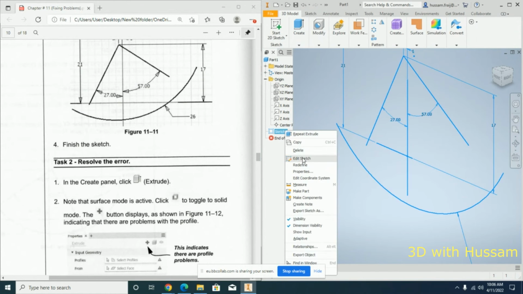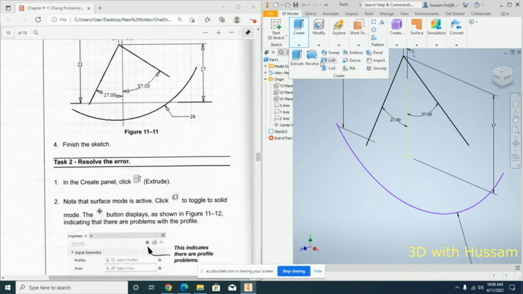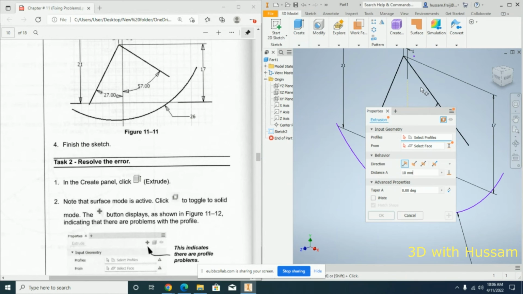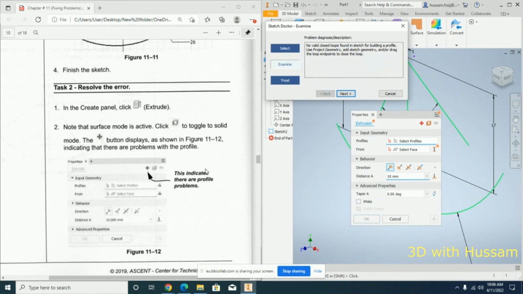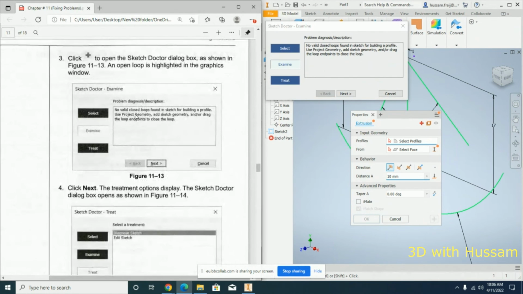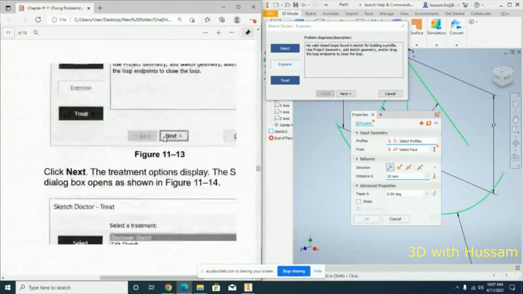Edit sketch. I'll make this one constraint. Extrude. See, I cannot make the extrude. I want it solid. So click here, you will have a problem. Okay, what's the problem? No valid closed loop found. See, no valid closed loop found. Okay, so next,